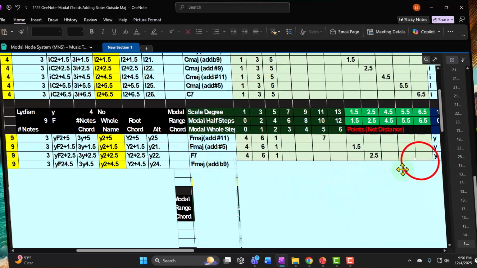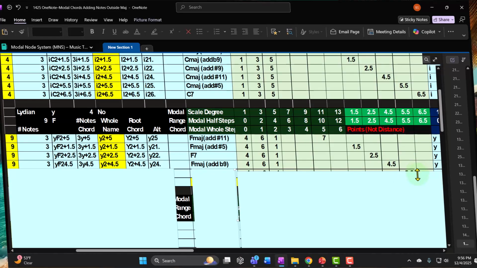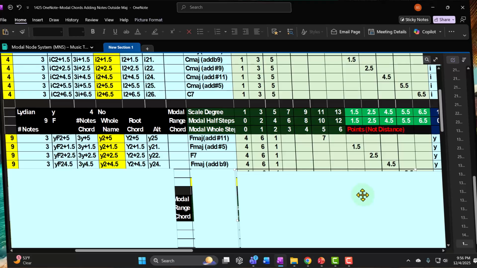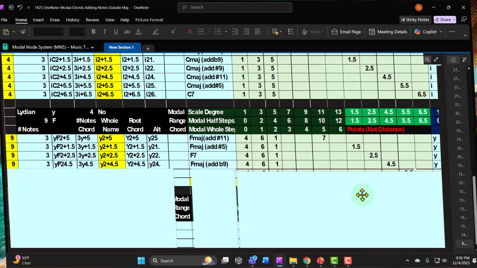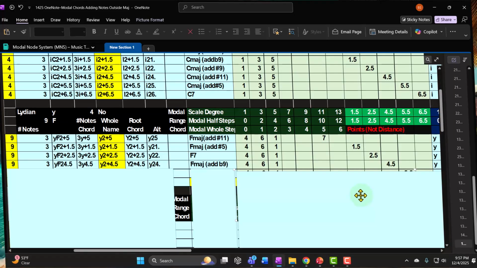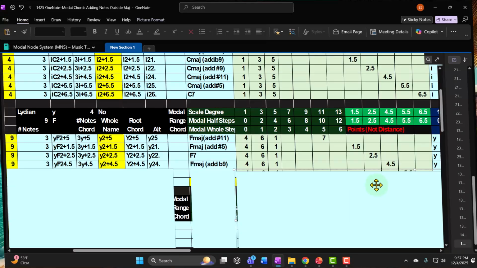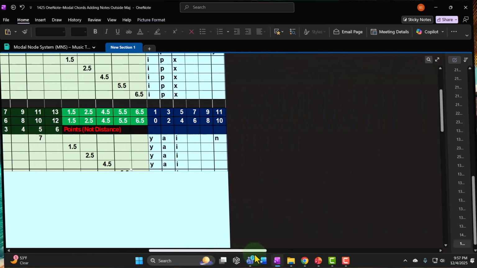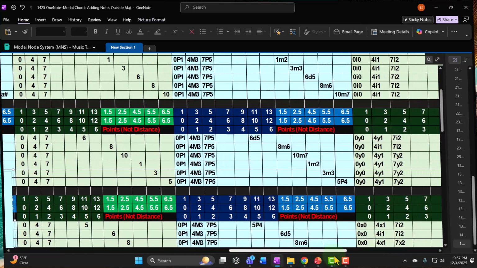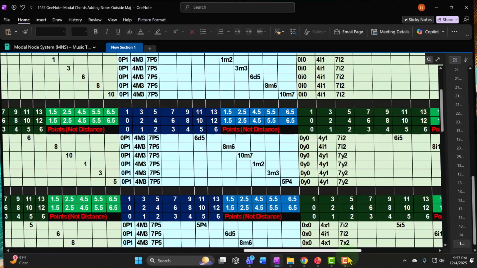All three of those are valid ways to be viewing the system, and they will result in different musical constructs. So you want to be able to determine and define all three ways of viewing the system and communicate them to both yourself and others. What if I add modal point 4.5? So now we're going to say, what's the distance of a 4.5? We'll bring it on over and say, okay, that's going to be, I believe, one note away, which is once